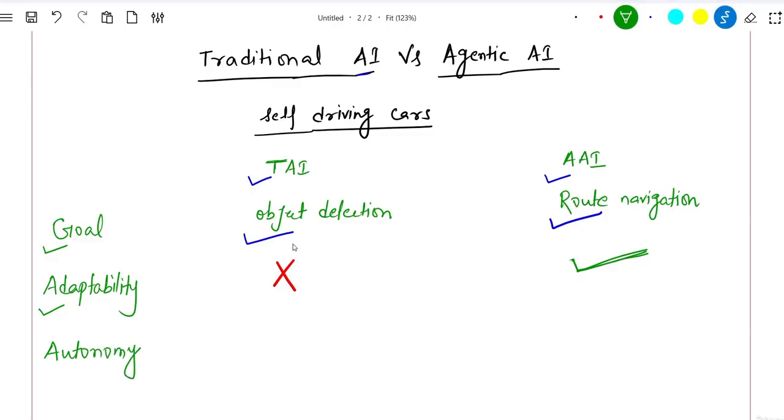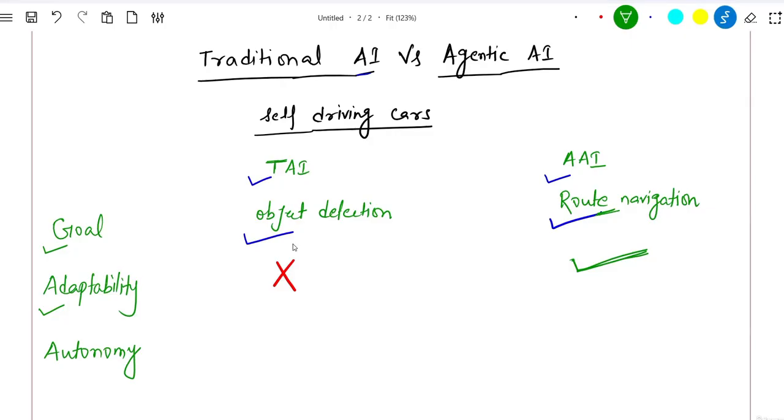Going back to the object detection problem, if a traditional AI system finds an object, then it will just follow the instruction. Okay, if the instruction is send the alarm to the driver, then the alarm to the driver will go. That's all. That's the end of it. On the other hand, if an agentic AI system finds an object on the street, it has to navigate the route, then it will start looking for what actions I can take, what plan I can make for better route navigation. Can I get the weather data?